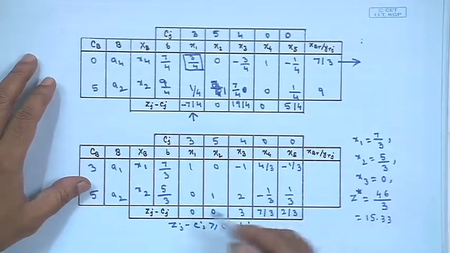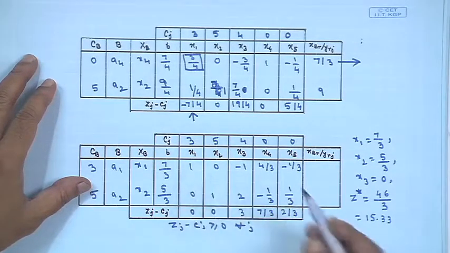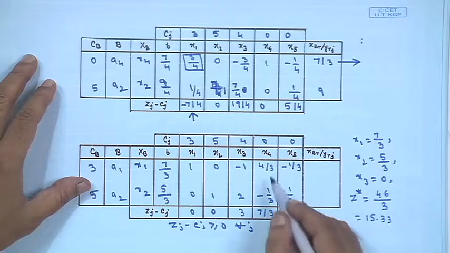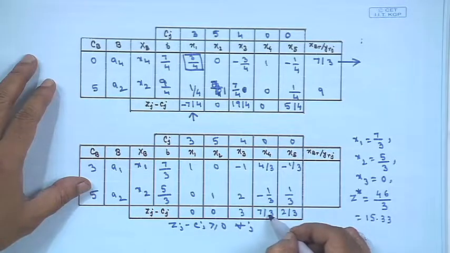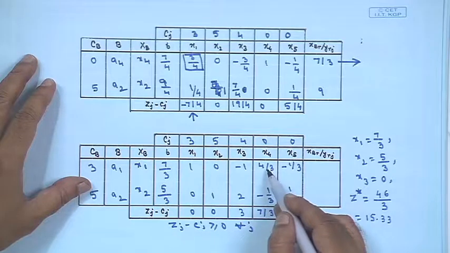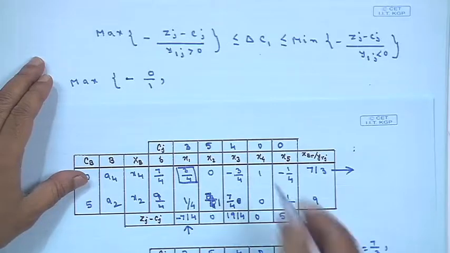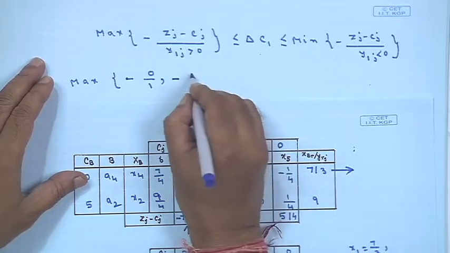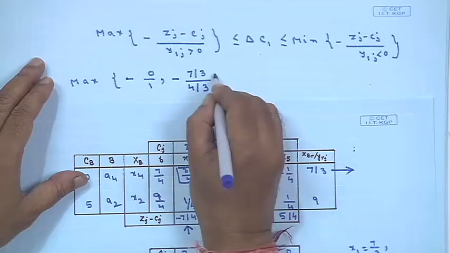From here only you are getting, this is 0 value divided by 1, and there will be another one where the value of yj is positive. For this positive value zj minus cj is 7 by 3 and this yj value is positive, greater than 0. So, therefore, the other one will be minus